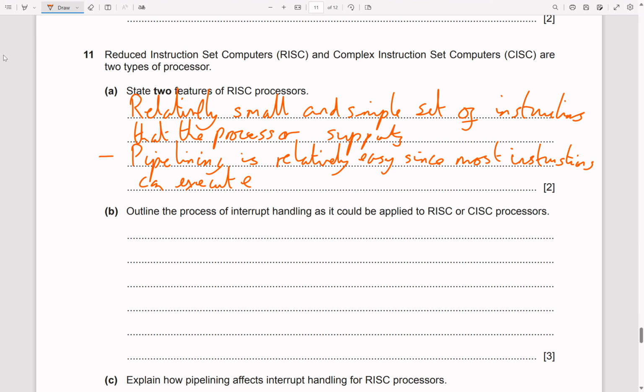If each of those stages takes one cycle, the whole instruction takes 5 cycles. But because they're pipelined, you can think of it that the execution stage only takes one cycle. Let's say since most instructions can execute in one cycle,